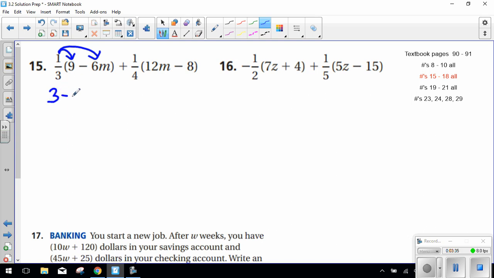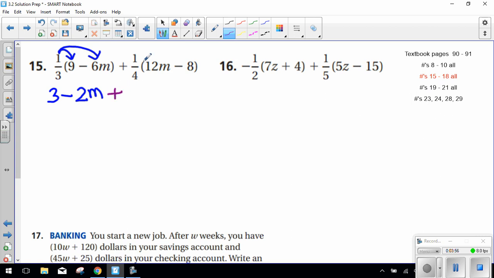Bring this minus sign down. Now take 1/3 and times it to 6. You should get 2. Don't forget the m. So this whole thing is broken down. I distribute it, so it simplifies to 3 minus 2m